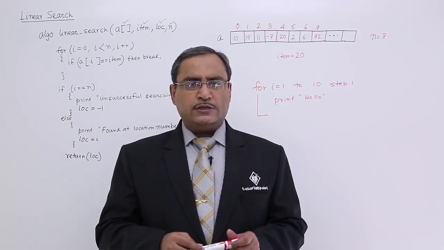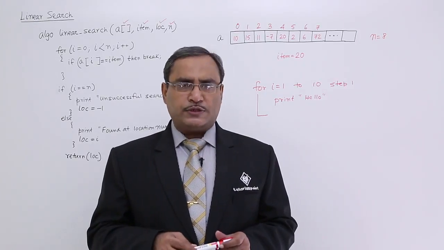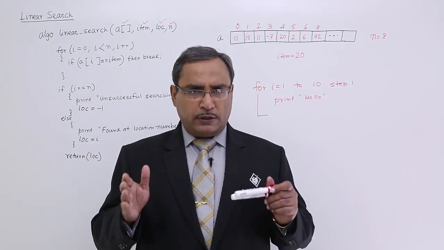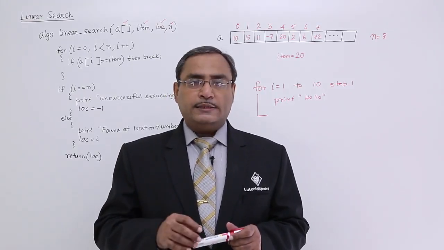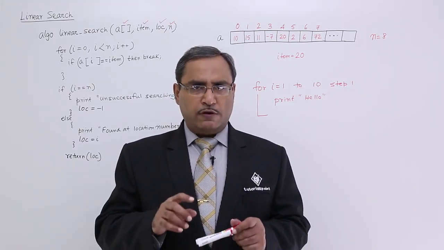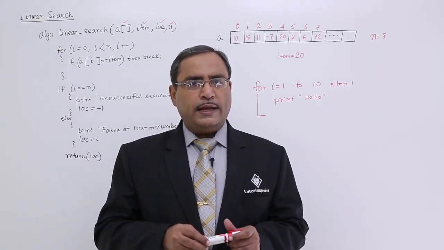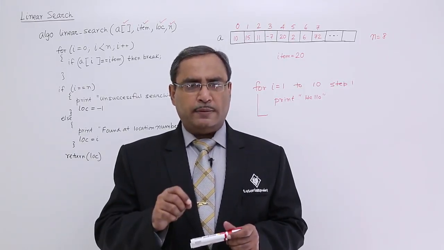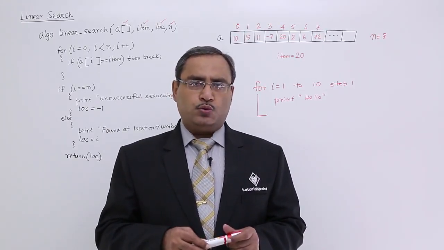So now in this particular case, we know that the maximum number of searching which will be required will be n number of searching. Why? Because if I can't get the value successfully found in that particular set of data, then I shall have to search up to the nth location. Otherwise, if I find the successful searching at the nth location, then also I am supposed to search for all n number of data. So here the worst case complexity will be n, and the best case complexity will be 1, because I can find that particular item at the very first location of the array, and the average case complexity will be n by 2.